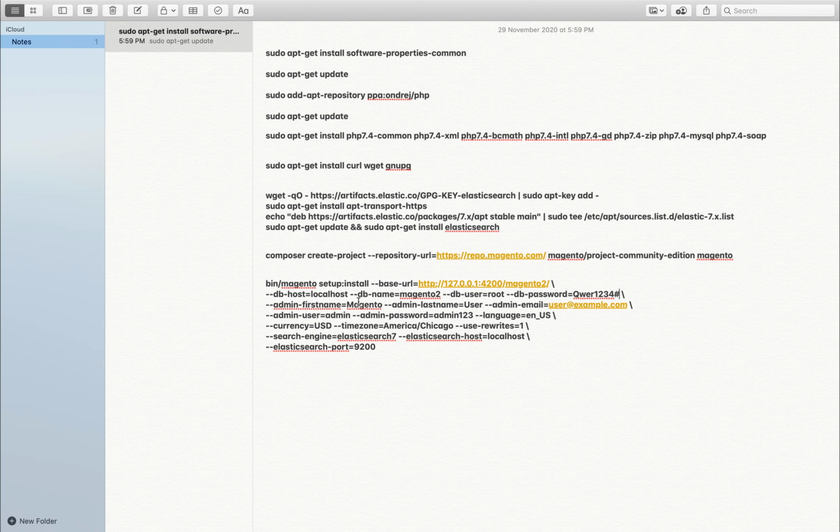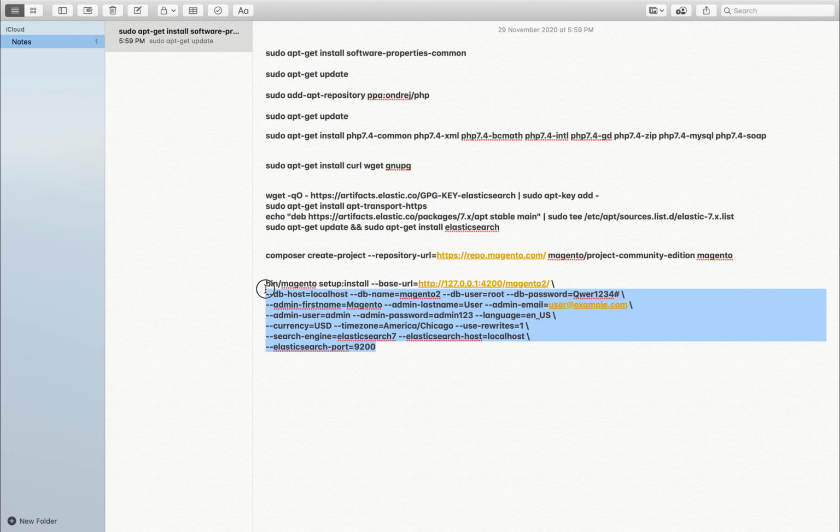So for the admin first name, you can give anything, last name anything, you have to specify one email ID, then username and password which you are going to use later on to log into the admin panel, currency, rewrite on, Elasticsearch engine and localhost and Elasticsearch port which is 9200 by default.